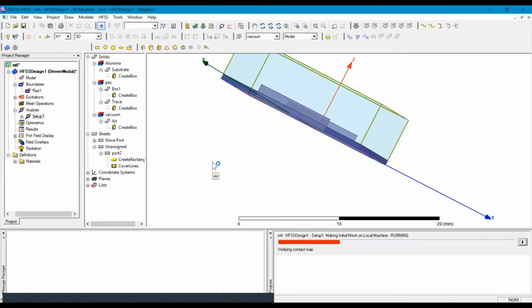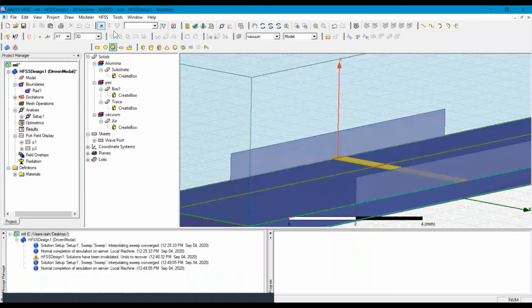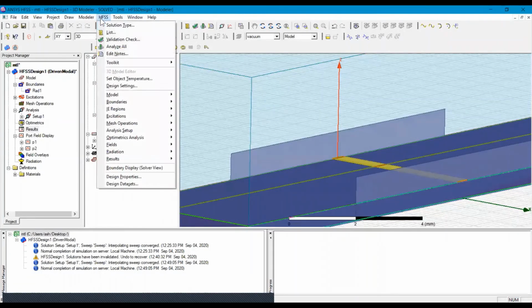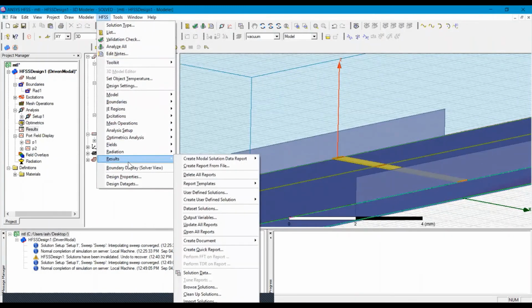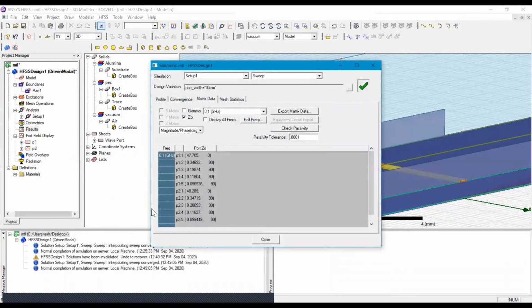Now the analysis starts. Now we will see the results. So in the HFSS results, first we will see the solution data. Here you can see that for all the ports, their corresponding impedance is given, because here impedance is checked. That is why we can see only impedance.